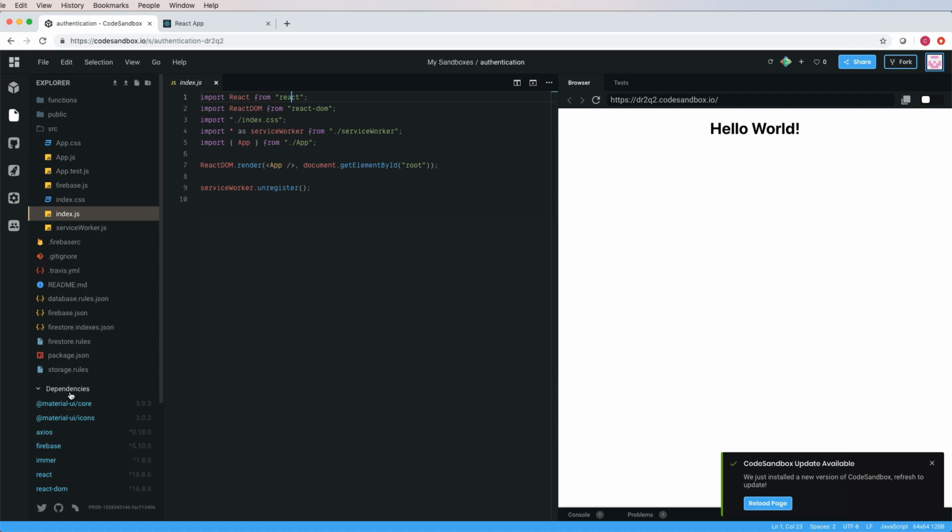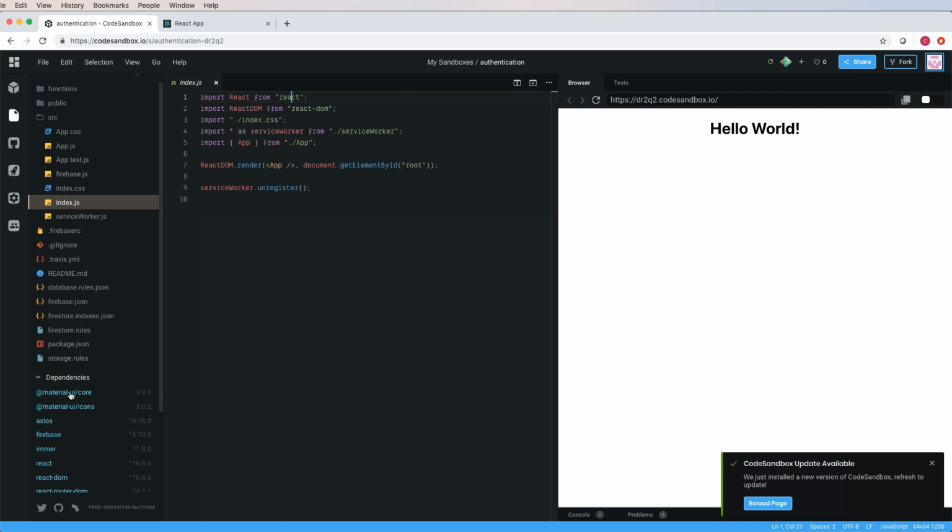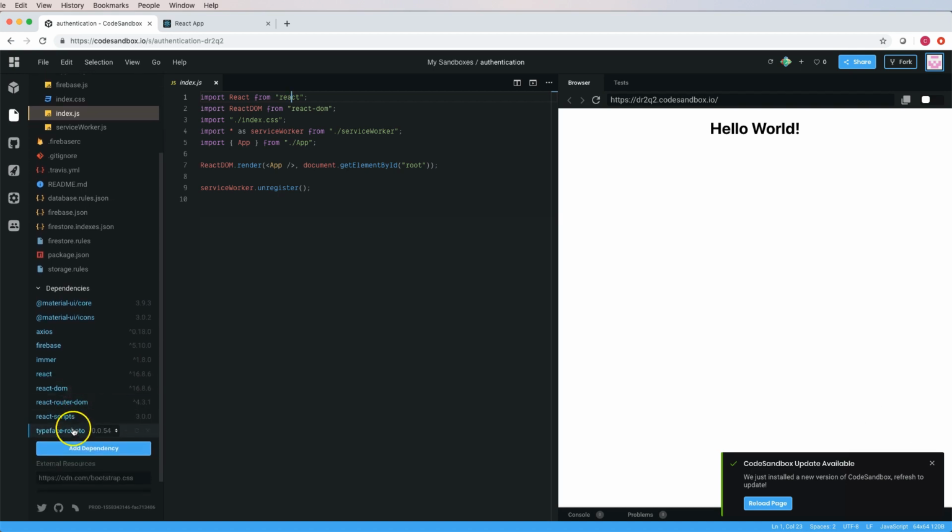Dependencies are third-party JavaScript packages that you can add to a project. Our dependencies are listed here on the left. Notice that you can click this button to add new dependencies. As you would expect, one of our dependencies is called React. So that is what the from React is referring to. On the next line, we import from React DOM, which you can also see here. The third line imports from